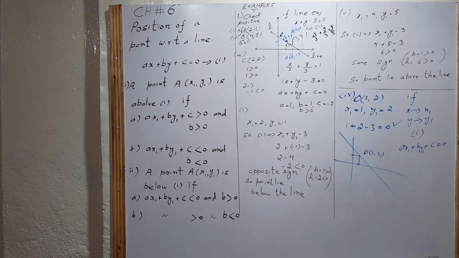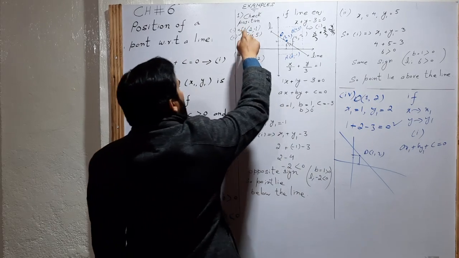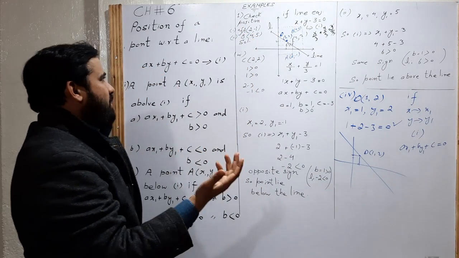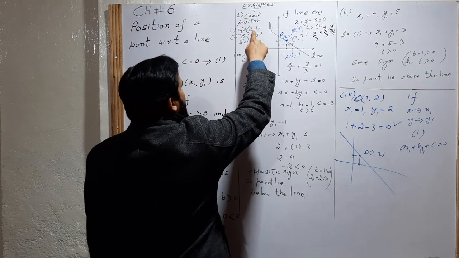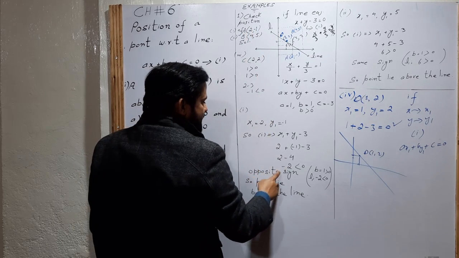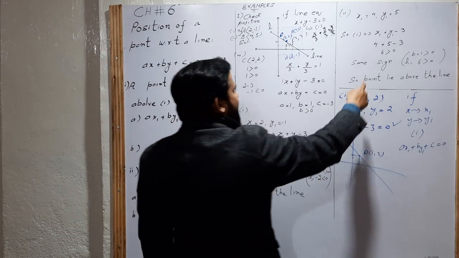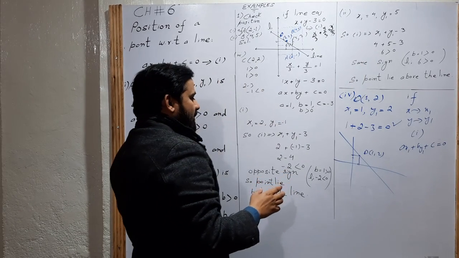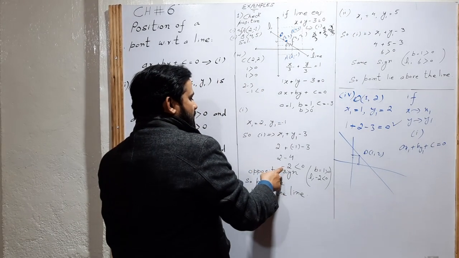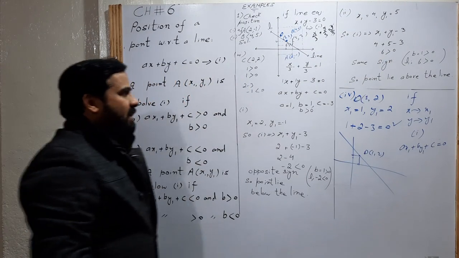Also, whether two points lie on the same side of the line or on opposite sides, we conclude this idea in this example. For example, check whether the points A and B lie on the same side or opposite sides of the line. So simply putting the points in the line, if we replace A in the line, the result is negative. If we replace the point B in the line, the result is positive. So opposite sign, in this case one point gives a negative result and one gives us a positive. It means opposite signs.